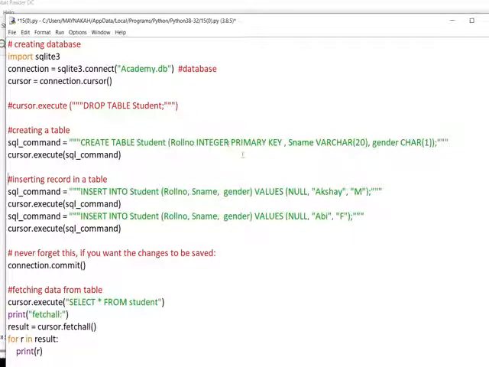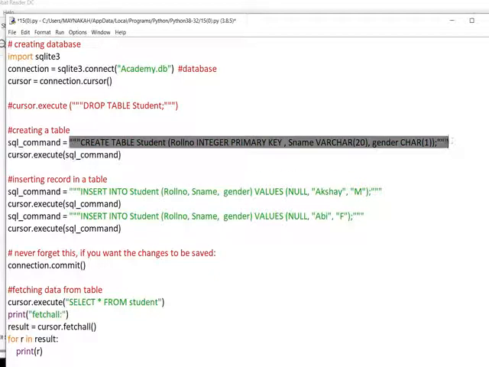Roll number is an integer as well as a primary key, name is varchar of 20, and gender is char 1. And see these 3 double quotes to keep the statement within the string, and cursor.execute, giving the variable here. Instead of this, we can type the whole line inside the open bracket and close bracket also. That is also correct.